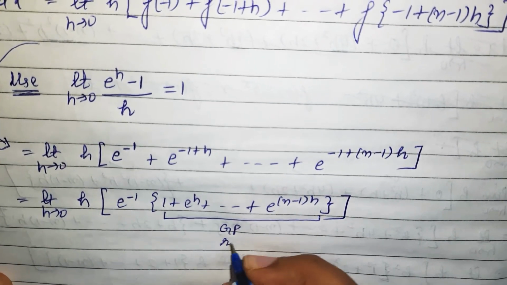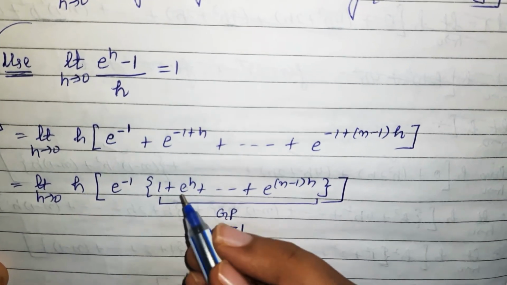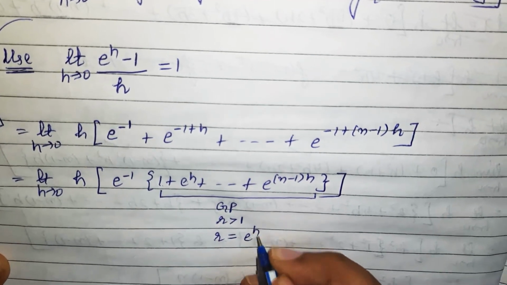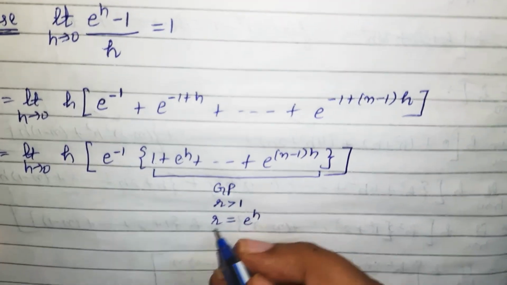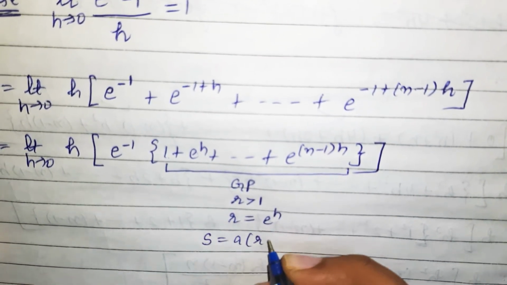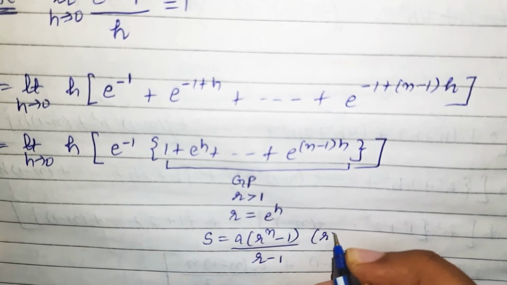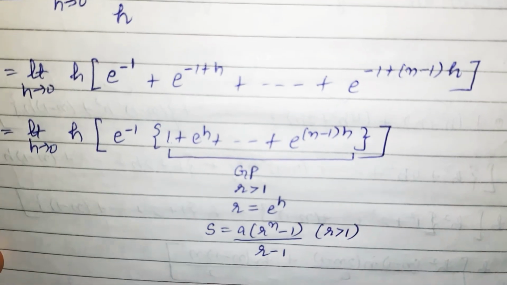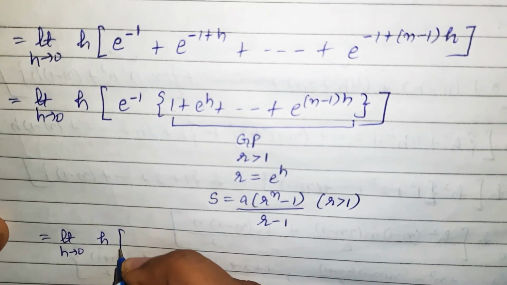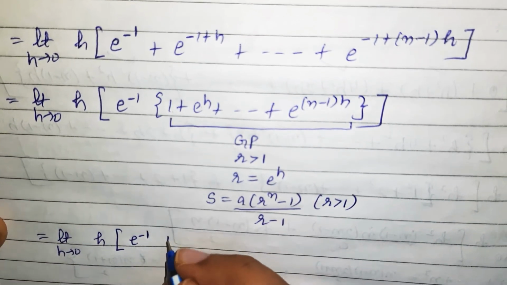In a GP, the common ratio here is greater than 1. What is r? r is e raised to the power h upon 1, and e^(2h) upon e^h gives you e^h, which is greater than 1. So the formula for the sum of a GP is a(r^n minus 1) upon (r minus 1), where r is greater than 1. So here limit h tends to 0, h times e^(-1), and a is 1,